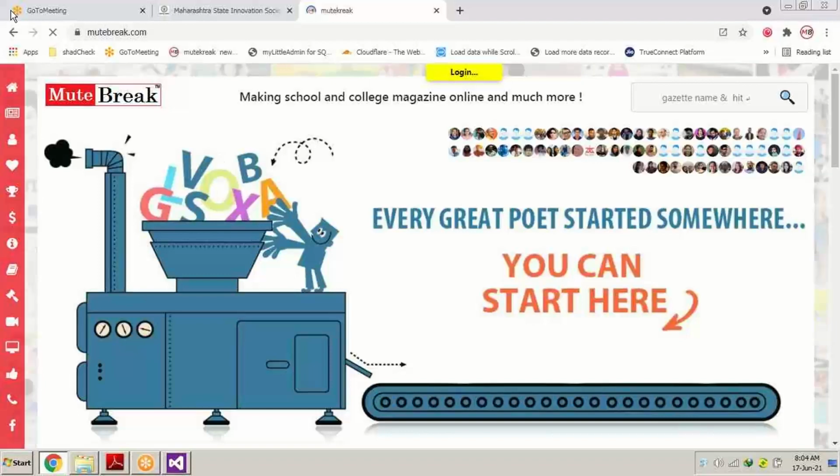Now we have opened a website, and in this website you can see a small list of images. These images are coming from the database. The control we have used to pull the images from the database and show them on the screen is called the DataList.